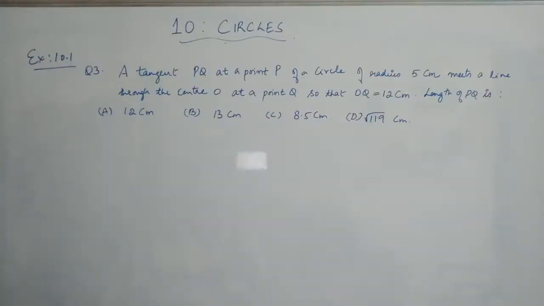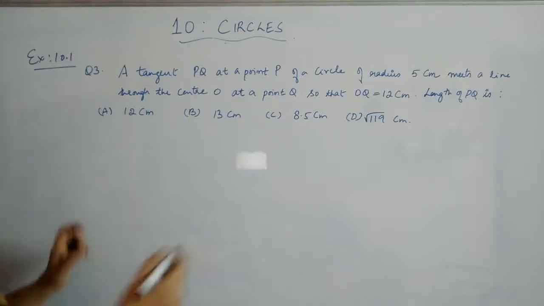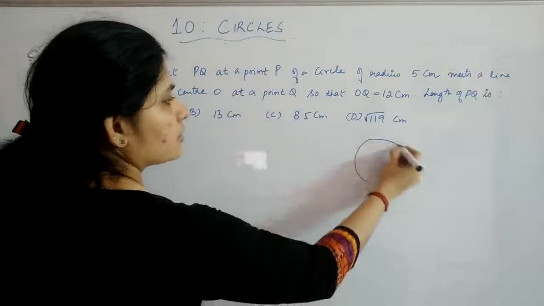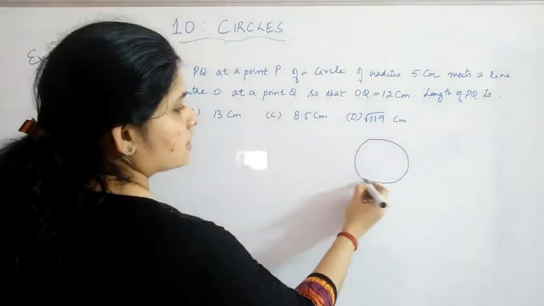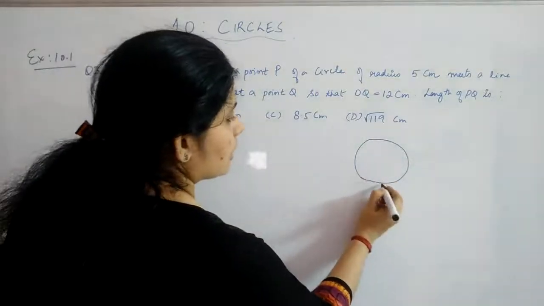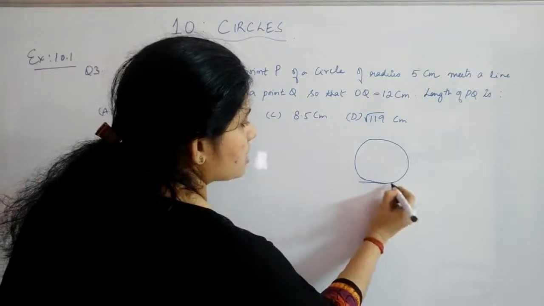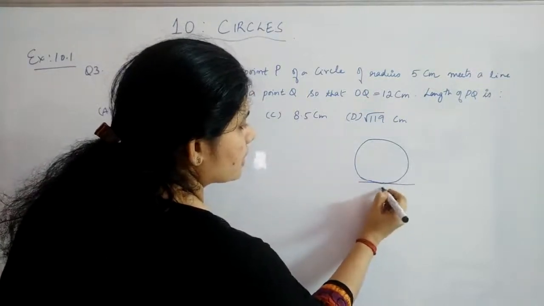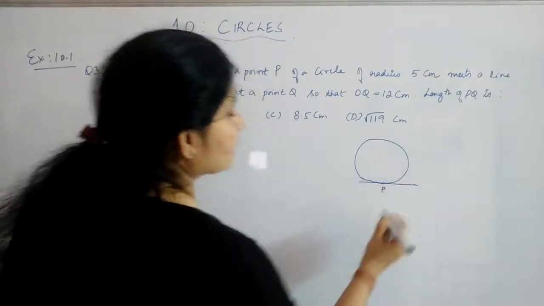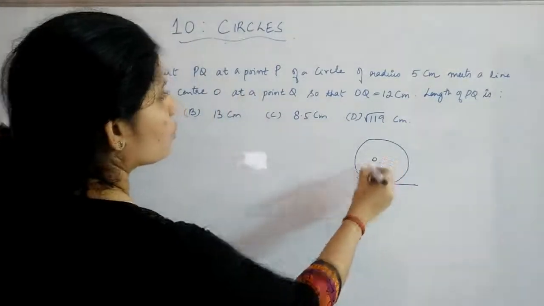Question number 3 is, a tangent PQ at a point P of a circle of radius 5 cm meets a line through the center O at a point Q, so that OQ is equal to 12 cm. You have to find out the length of PQ. First we will draw a rough figure, that is, a circle is given and a tangent to this circle at P, that is a line which is tangent to the circle at the point P, and they are saying that from the center O